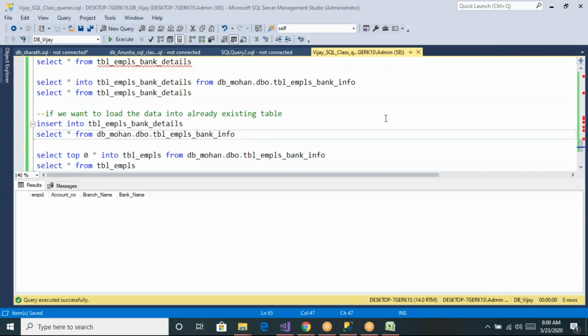If I want to get the constraints and all, I will show you that. First of all, we have to create a table. On top of it, we have to create the constraints. So don't worry, we have a SQL constraints class, no? Maybe tomorrow or the day after tomorrow, I will start the SQL constraints. In that, I will show you all those things.